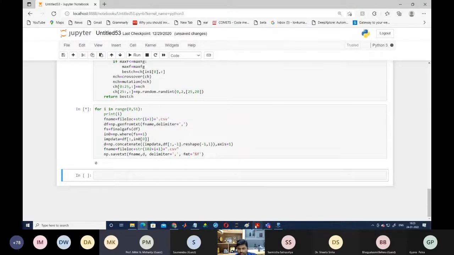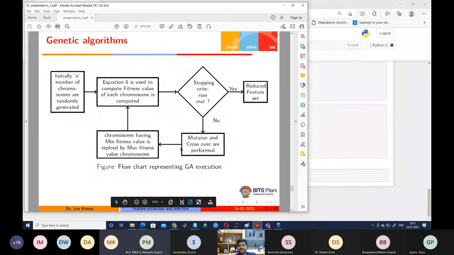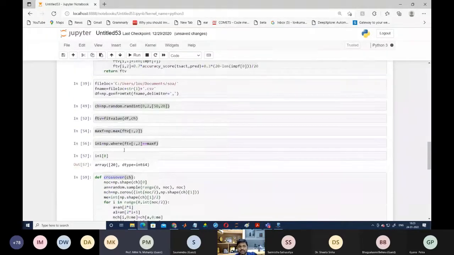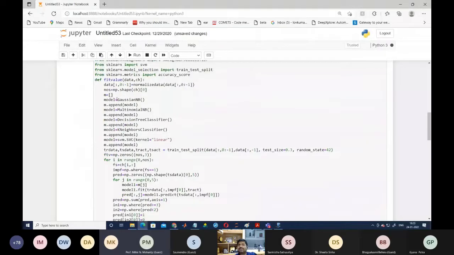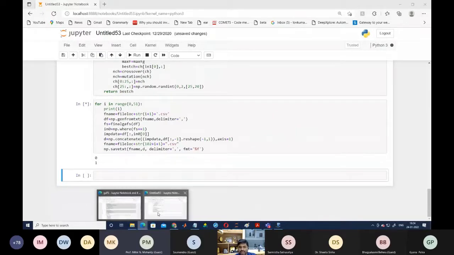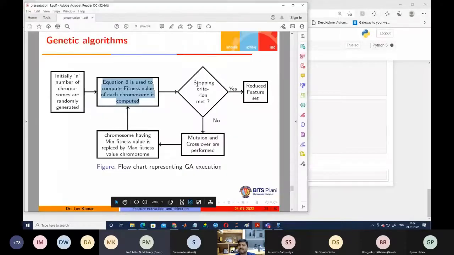If we check the overall algorithm of the feature selection technique, this is the overall algorithm we are using. First, we are taking initially n number of chromosomes, meaning n number of solutions. Then we are computing the fitness value. I have already written the code for the fitness value. This is the code we basically use to calculate the fitness value. Once we got the fitness value, we check whether we are reaching our stopping criteria or not.